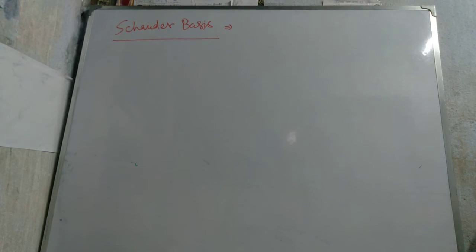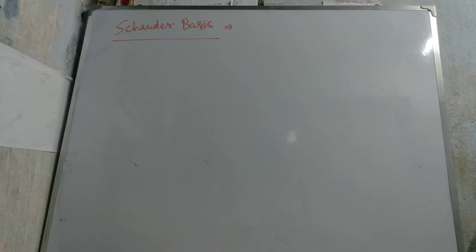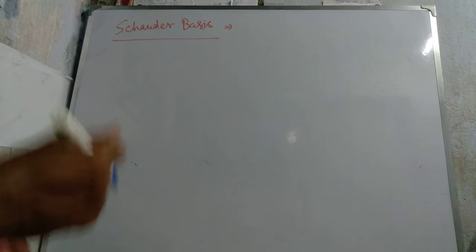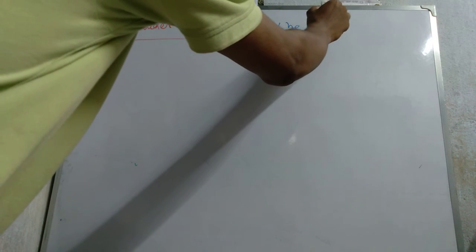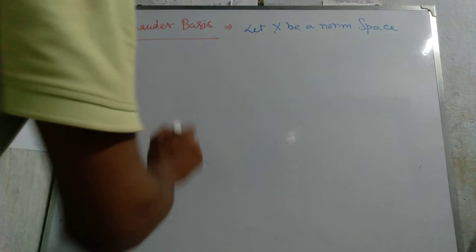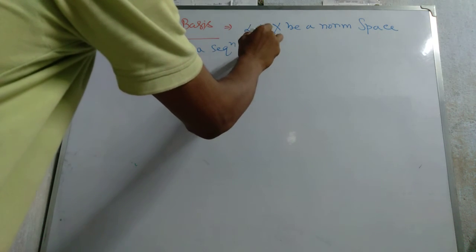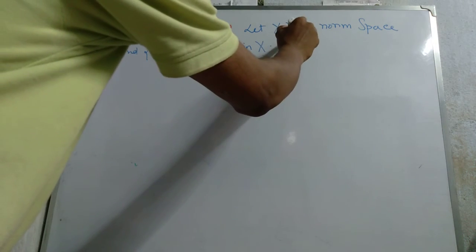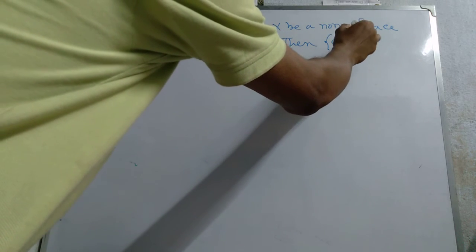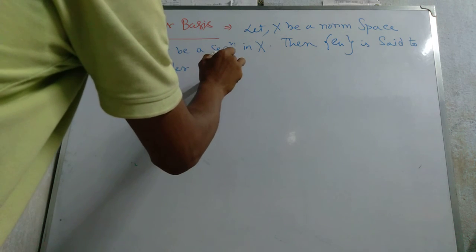We write this definition of Schauder basis. Let X be a normed space and let En be a sequence in X. Then En is said to be a Schauder basis